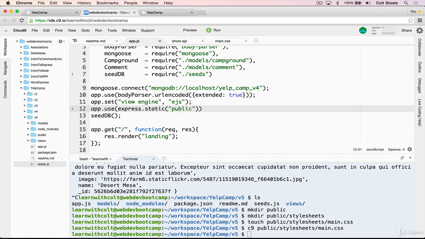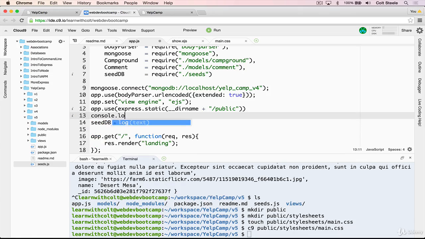But there's actually a slightly better way of doing it that I didn't want to show right away, but I'm going to show it now. All we have to do is add in __dirname, directory name, + /public. __dirname refers to the directory that this script was run in. So let me show you what that looks like. If I just do a console.log __dirname, just like that, and save and restart the server,